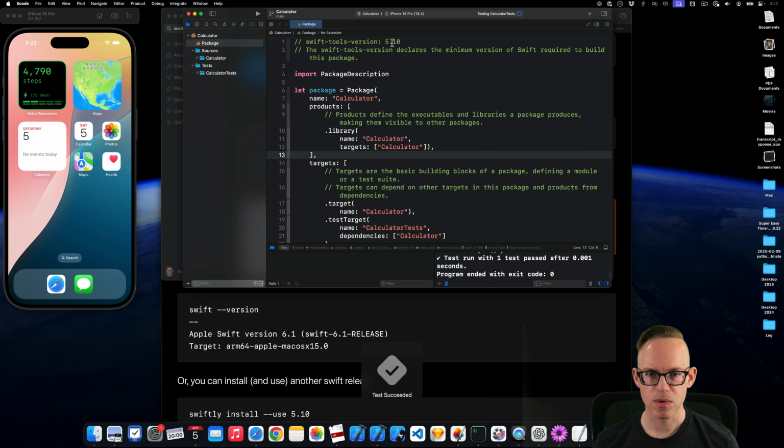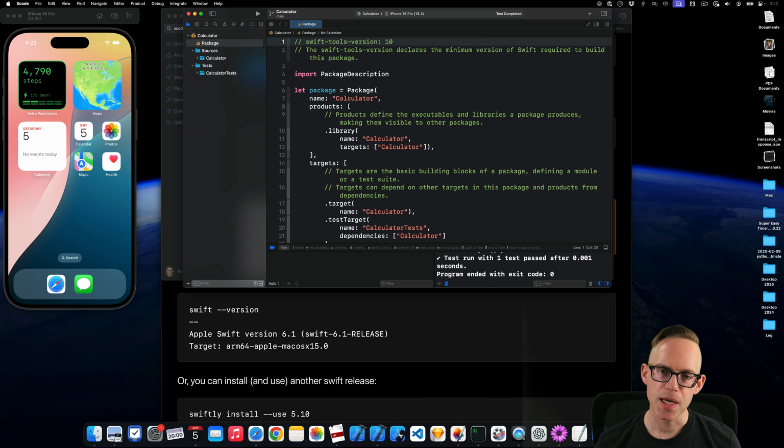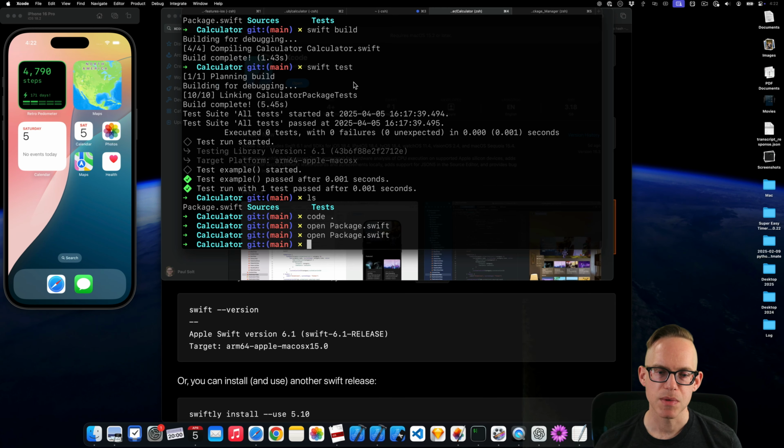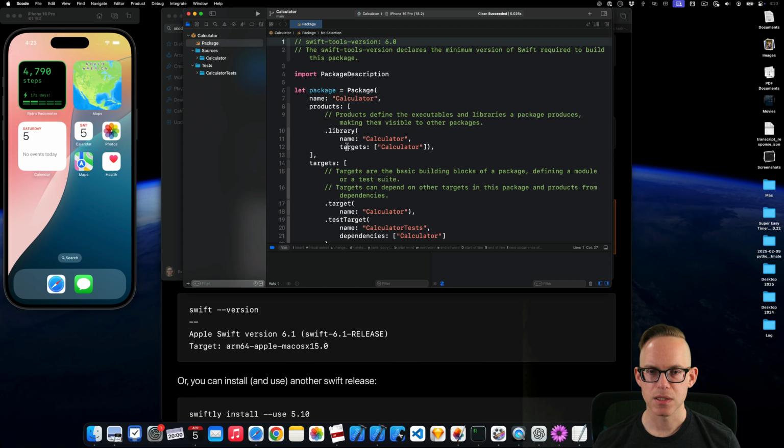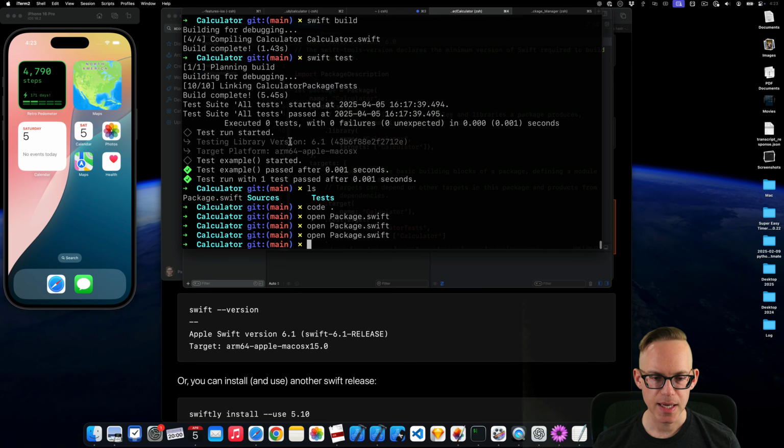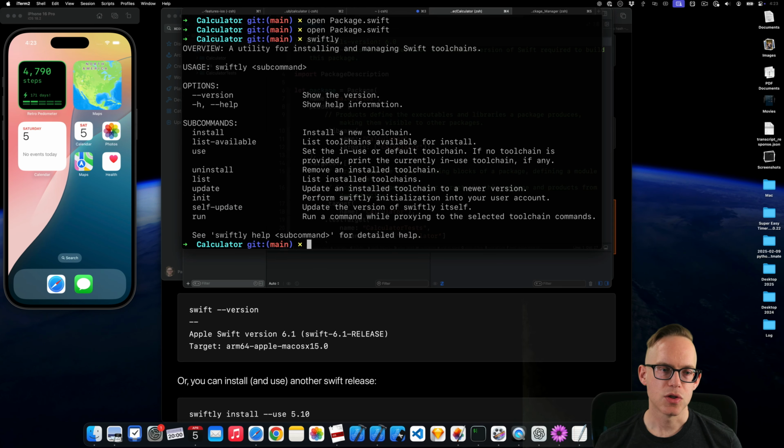Okay, it seems to have worked. You might have to play with this. So I should have 6.0, so I can use that one. And anytime you change the tools version, I would recommend you close it, because I've had so many issues trying to do packages lately where the toolchain is not in sync with what version I want. And in this case, I'm probably going to want to use Swiftly to install